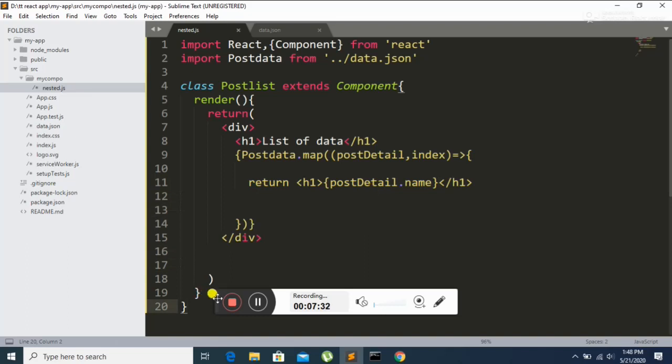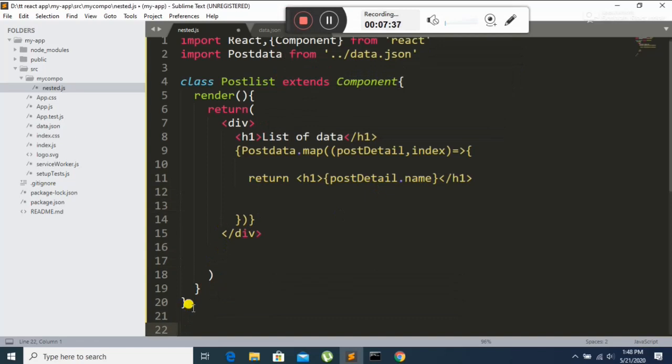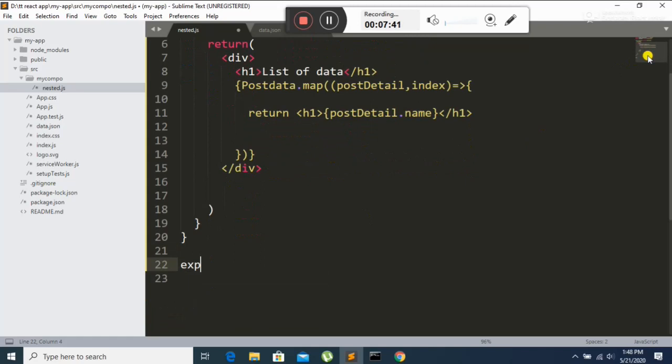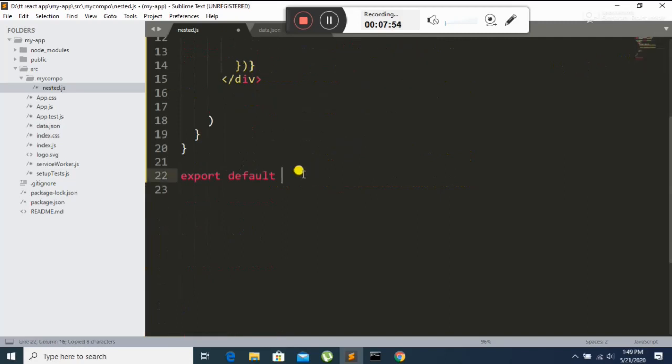We just make a simple export function. So this is the most important key, you need to use it. I'm just using export default, and the default has post list. Okay, so what is the post list? Post list is this class. I'm just going to call it at the end of this export function. Okay, post list. Okay, so now my application code has been completed.